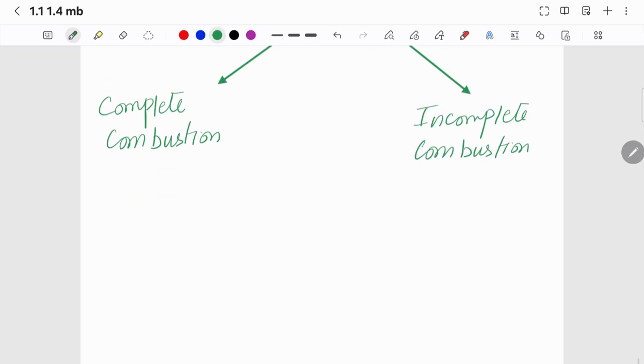There are several ways to differentiate them, but here I will just add 2 important points. The first point is, in complete combustion, sufficient oxygen is being provided,